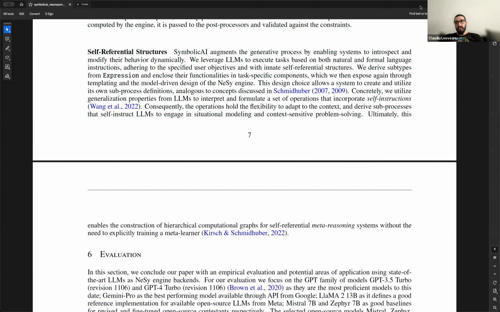A self-referential structure would be if you use the same neurosymbolic engine, which would process its own inputs and unfold based on itself, if you want. It just computes and unfolds the chain of execution by itself. That's why, in the benchmark, you have the scheduler, and the scheduler can be a large language model, which can also schedule itself and execute the tasks that it itself scheduled.